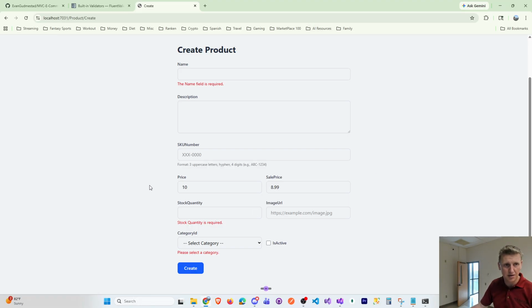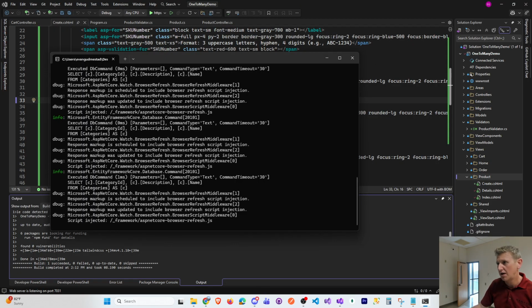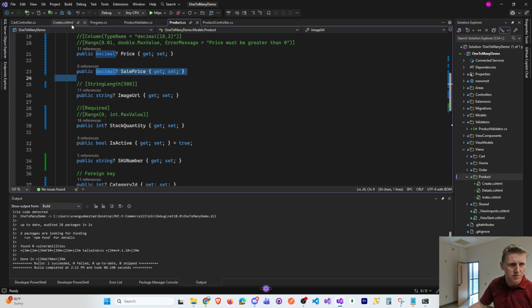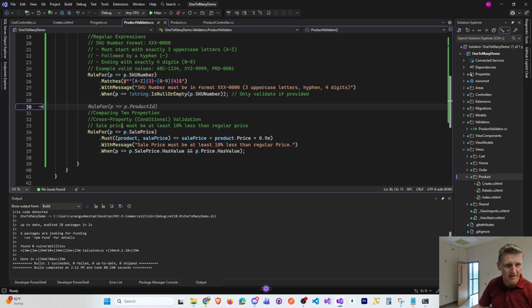Next up, we have a database lookup. So this is a database duplicate check. So we're going to check for duplicate product names. We're not going to allow the same product name to be in there twice. So this is pretty cool. So if I go to my product validator,